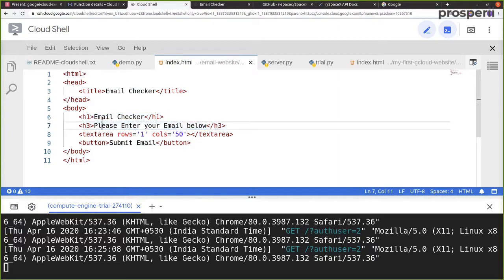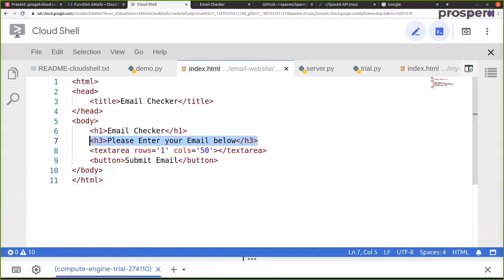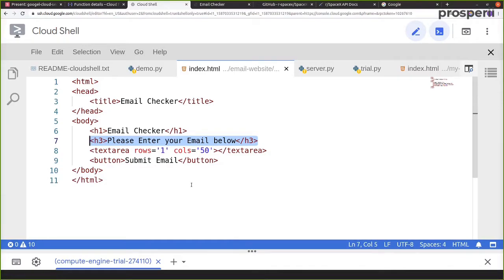So essentially this particular information which says please enter your email below is displayed in a good format due to the presence of h3 tags. Okay, so similarly we want to also add some brains into this particular application. So in order to do this, we have to create a new segment inside this particular HTML file, and that particular segment will hold the processing which will be done inside this particular file.